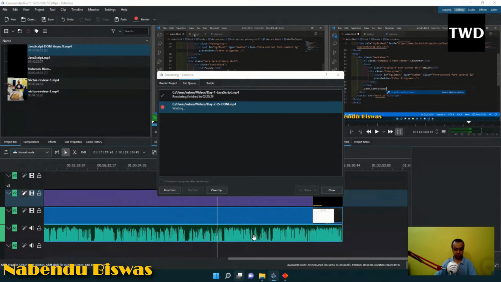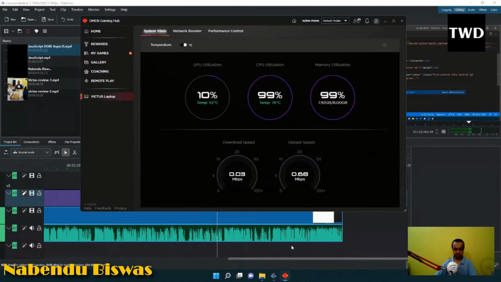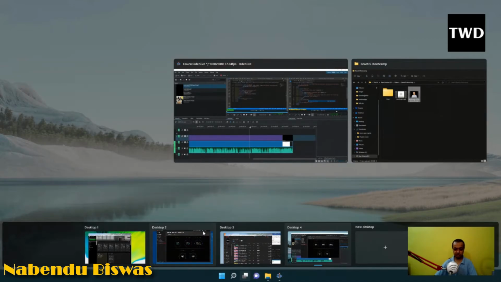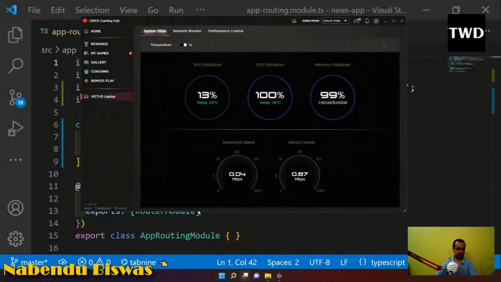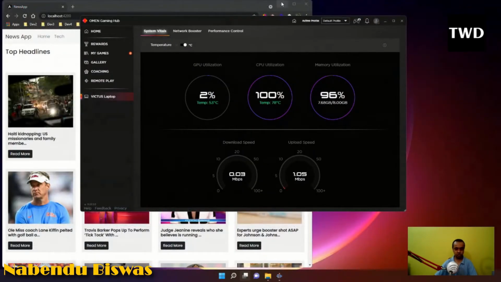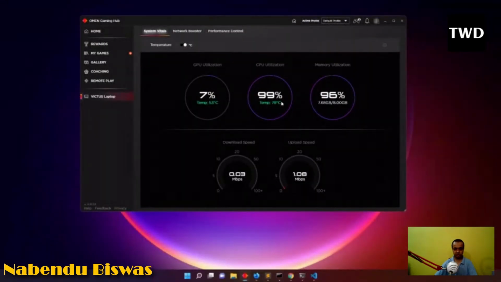Let me see. It has been so slow. See, it is not even moving right now. See this thing. Actually, I want to move it to some... it is at 96%. See, it is so slow. I want to move it to the second one. See, I'm just moving it to the second one, and it is so slow. Very slow. The temperature is also rising very high.